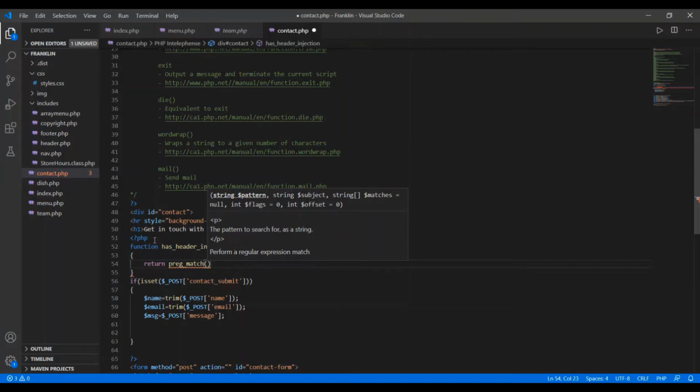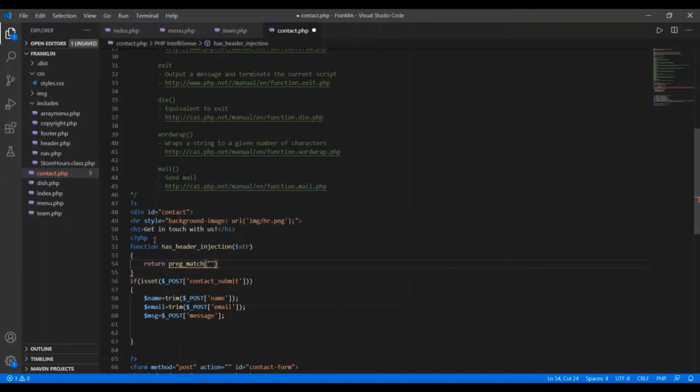So maybe the attackers use some patterns, so we just wanted to match those. So for that I'm writing here a certain match, and then we have to use square brackets, and in the square brackets here I'm going to write, for the enter key, \r\n.